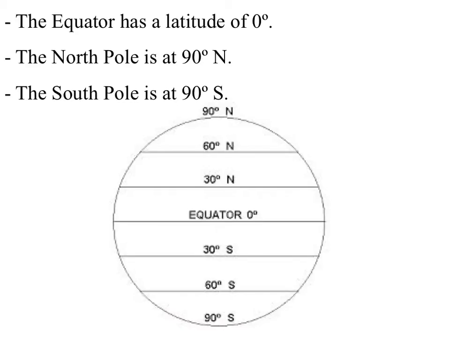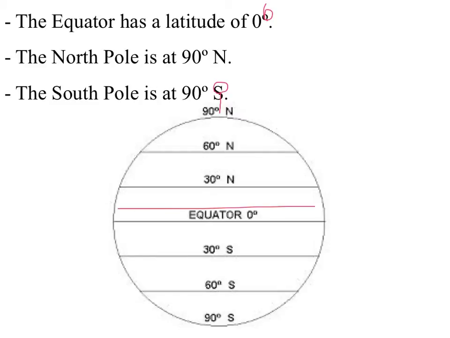It's hot there. All right, the equator, if we're measuring lines of latitude, we say has a latitude of 0 degrees. That's the way we pronounce that little symbol, the same way we talk about how hot it is, or when you're talking about degrees in geometry, if you've taken that class. So the equator, 0 degrees, but all the way up at the top of the world, you have the North Pole, which is designated 90 degrees north. Same thing at the bottom of the globe, you have the South Pole, 90 degrees south,